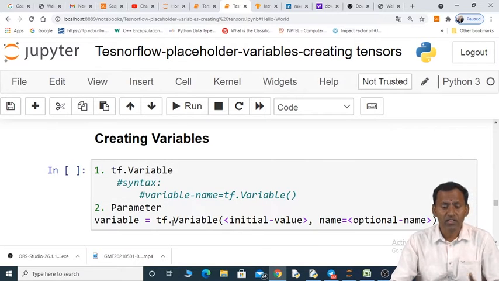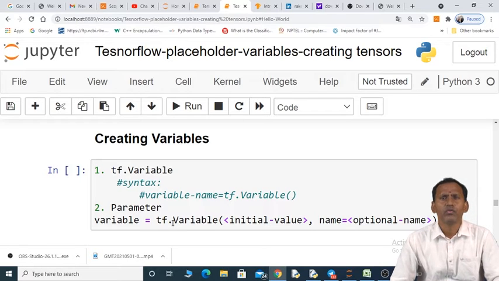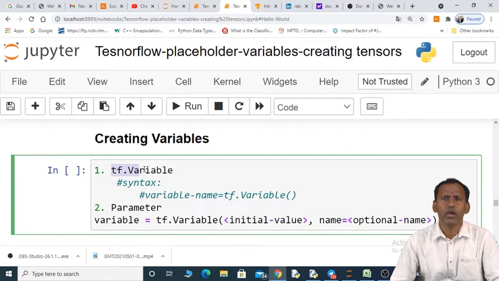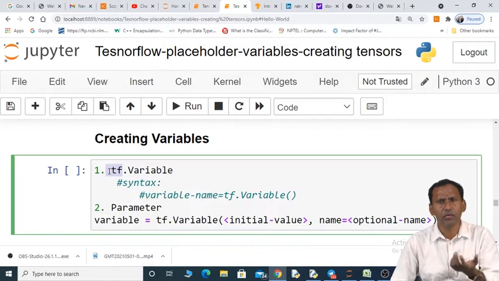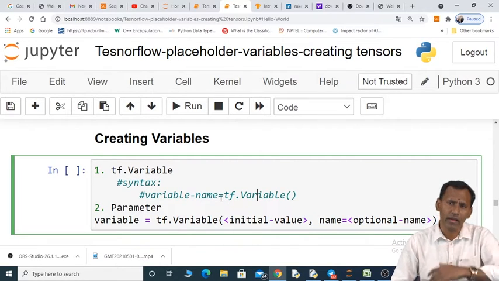Now coming to how to create a variable in TensorFlow. We can create a variable by using tf.Variable. Here tf is a package of the TensorFlow framework and Variable is a class. This is the syntax of creating a variable: variable name equals tf.Variable.